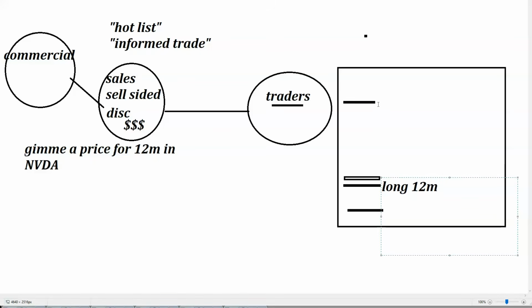The current price is here. So the trader's job is now to make as much money from this position as possible, isn't it? You say, why would anybody do this trade? It doesn't make any sense when they can get this price and they can't get that price. If this guy goes to anybody, he's going to be on the hot list of every single bank in the